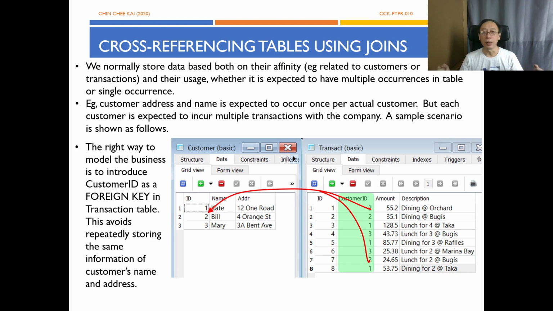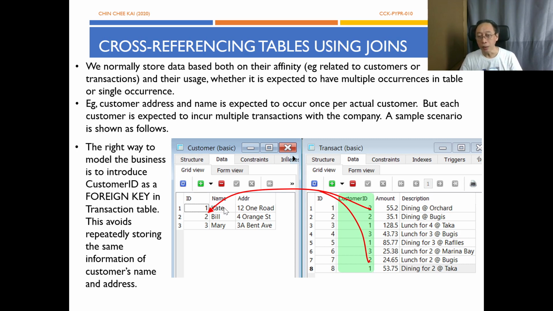If you're running gas stations, that would mean maybe a weekly basis, which is certainly much more frequent than an annual change of address. I'm using it in a very extreme manner. The bulk of your customers don't move house every year. So in this case, what we want to do is not to repetitively store the same customer,